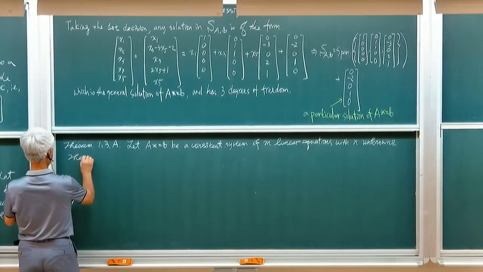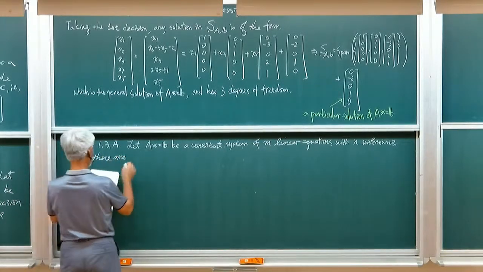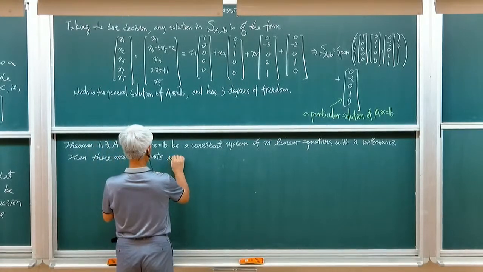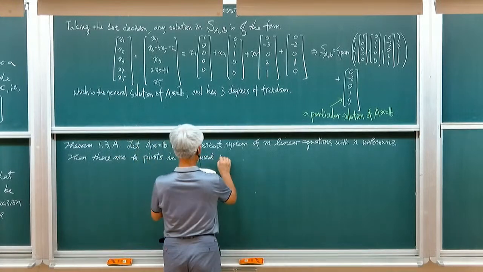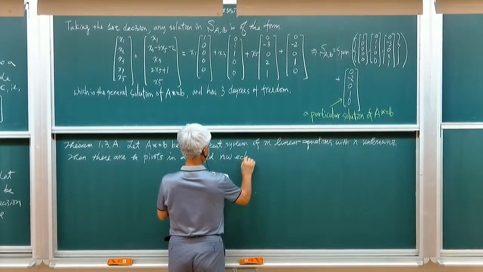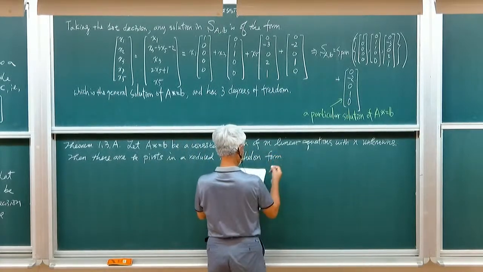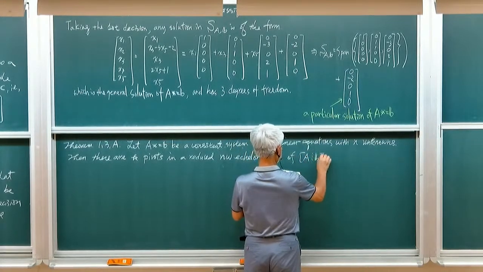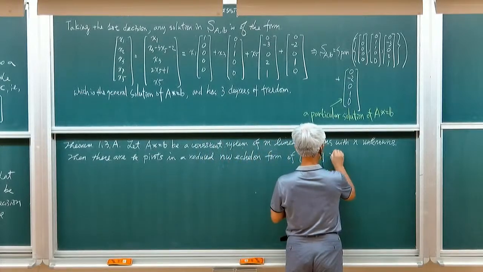Then there are k pivots in a reduced row echelon form of the augmented matrix if and only if